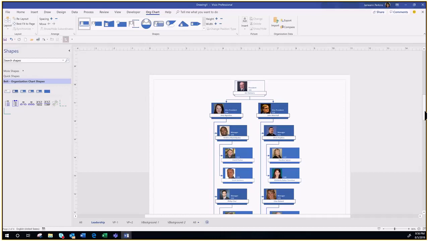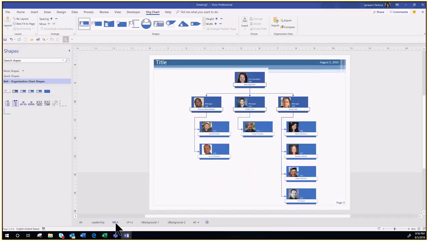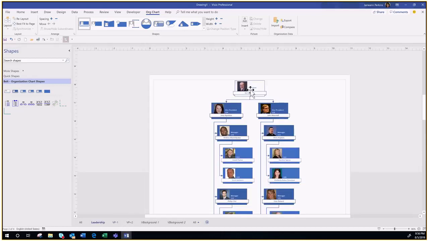So now let's go back to our leadership page and figure out how we could actually hide subordinates. Since we already have a nice representation of VP 1 and 2 and all of the managers associated, I'd like to have a leadership page with the president, the vice presidents, and the managers on just one page. Then, like I said, we'll have one that has everyone without the pictures. But with this, I'd like to have the pictures, same format,